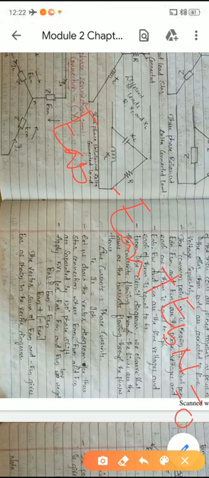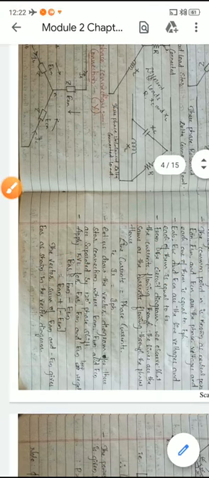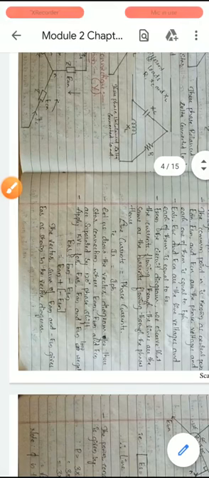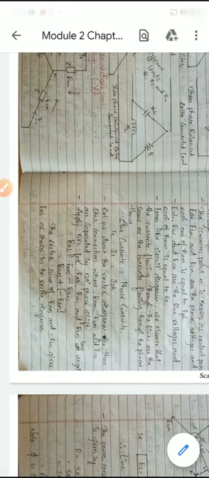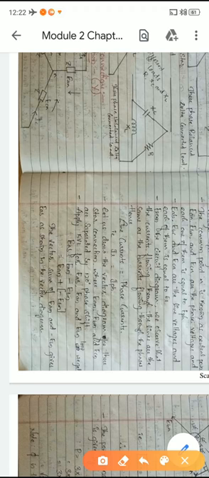All EMFs, or the summation of EMFs, is equal to 0, right? So if I rewrite this equation, I will get what? EAB is equal to EAN minus EBN, right? But we cannot have a negative vector in a vector diagram. Therefore we can consider it as plus, and we can write it as EAN plus of minus EBN.